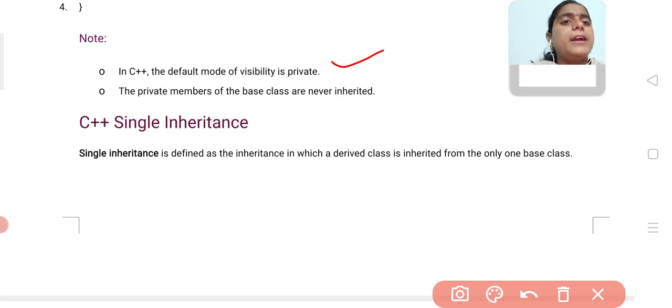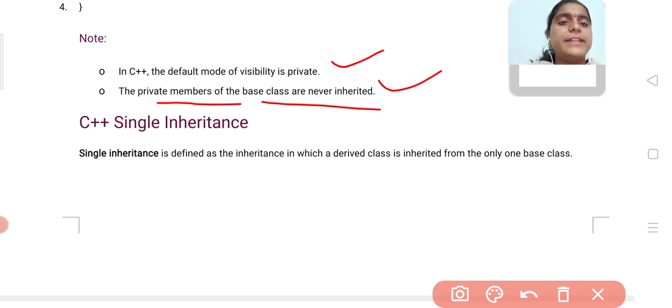If we do not mention any visibility mode, it automatically takes private as the default mode, and the private members of the base class are never inherited. If in the parent class we write the private access specifier before the members, they are not inherited by the child classes. Let us see about these access specifiers later.